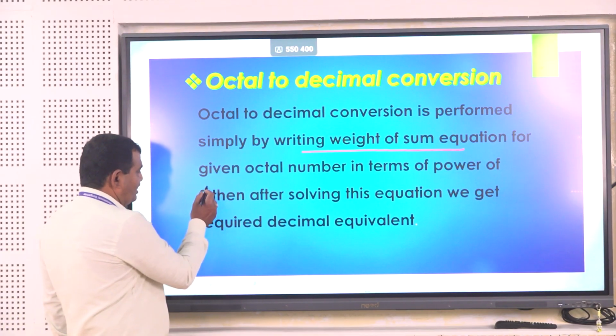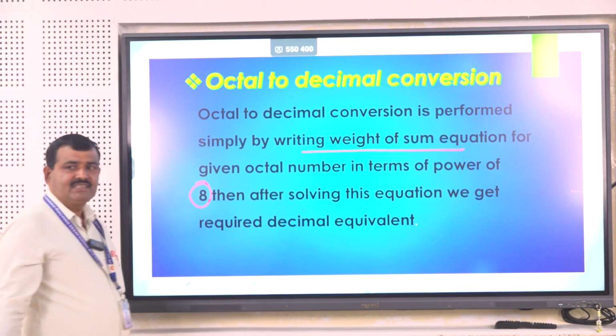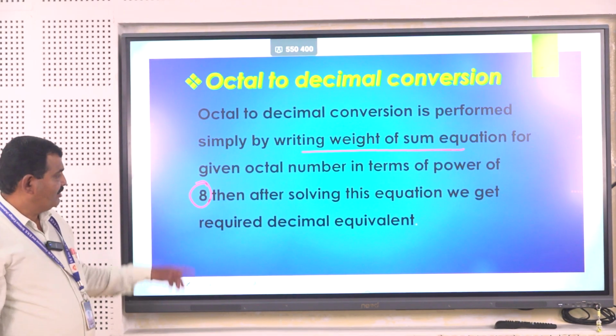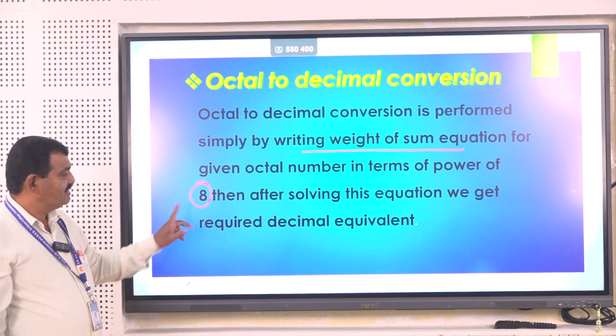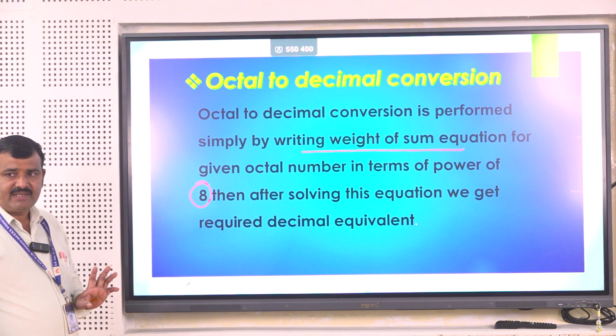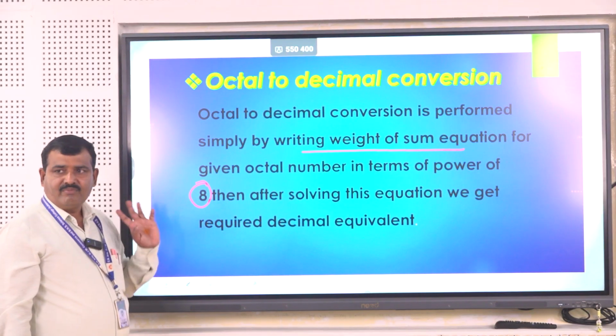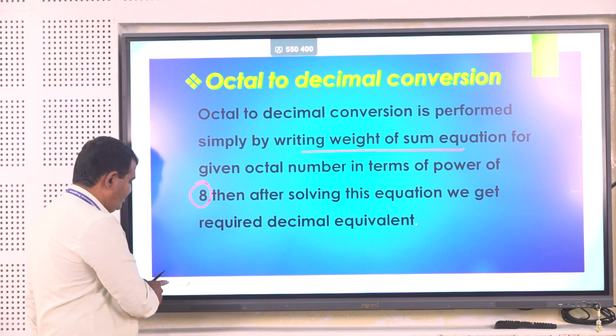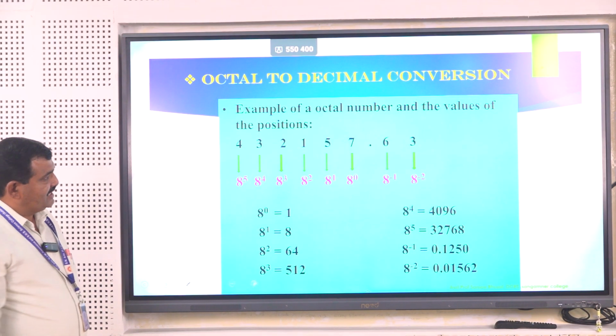So, for an octal number the weight of sum equation is in terms of power of 8, because the base of the octal number system is 8. So, the positional value for an octal number is represented in terms of power of 8. First example is